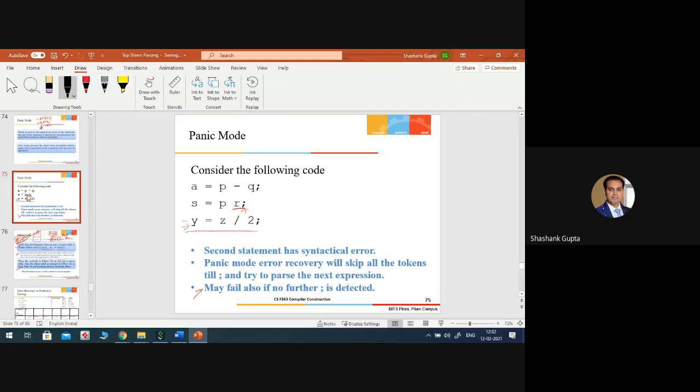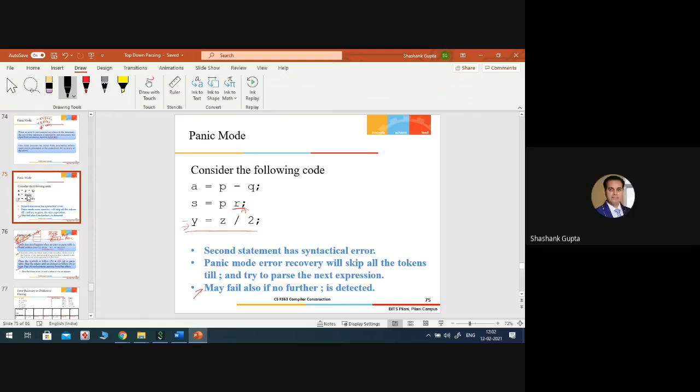But I need a certain flag from where I should be able to do the correct parsing. That's where the rules of the first and the follow set come into the picture. Please make me understand if I am not understanding anything.